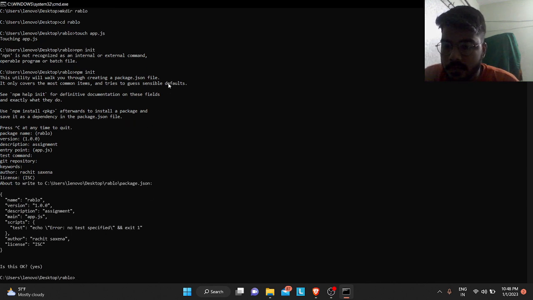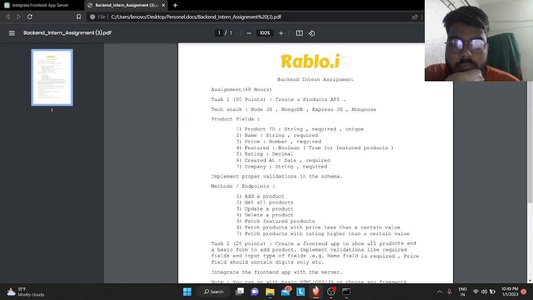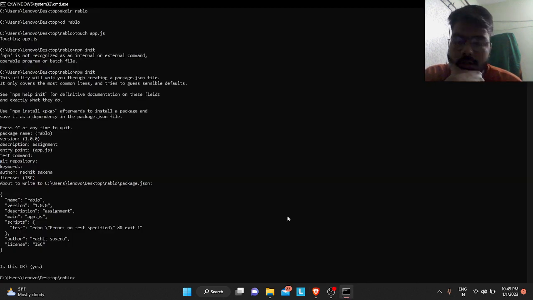So we've created a folder, so we need express, that's for sure. And to add this functionality we are requiring body parser as well. So let's install them. So npm install